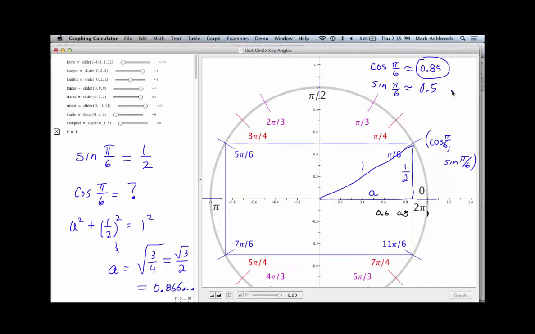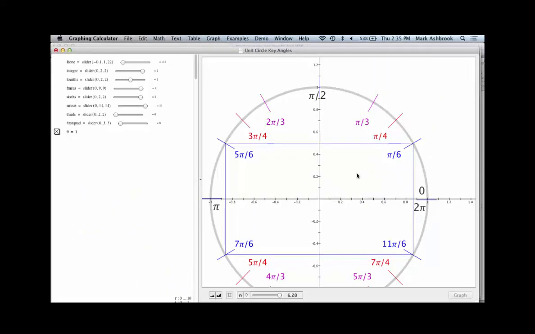Okay, so pi over 3. So by symmetry, pi over 6 is 1/3 of the way along the arc, and then we go another 1/3 of the way, and then to there. So by symmetry,